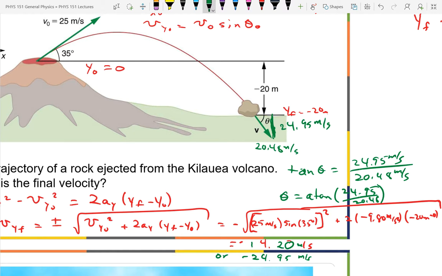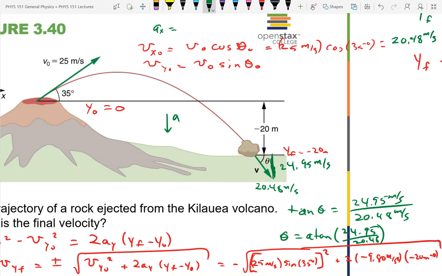Eric, what was your comment? Where did we get the x component of the final velocity vector? Because the acceleration is a vertical line, believe it or not. The acceleration was all vertical. So the acceleration in the x direction equals 0, which means the velocity is not changing in the x direction. So we found the initial velocity, and that has to be the final velocity for the horizontal direction. Sorry, I glossed over that.